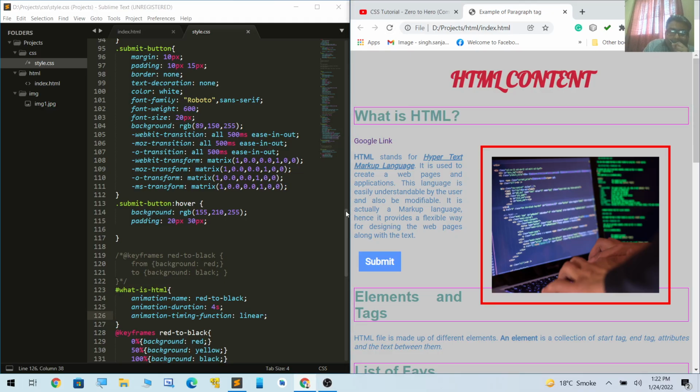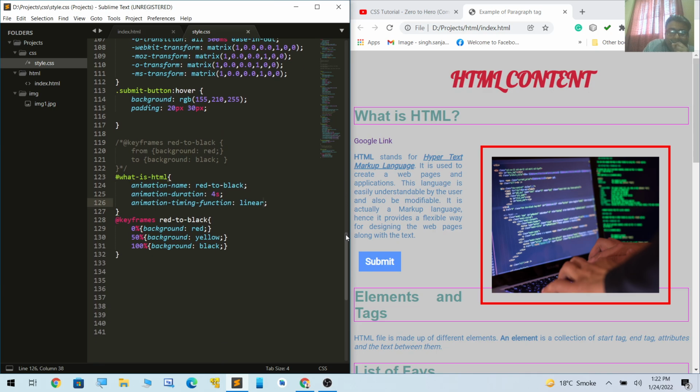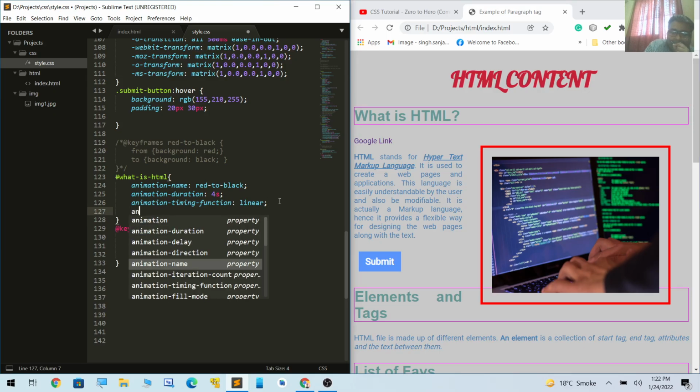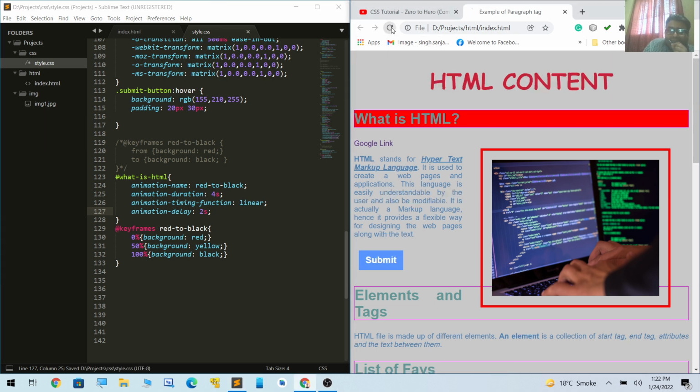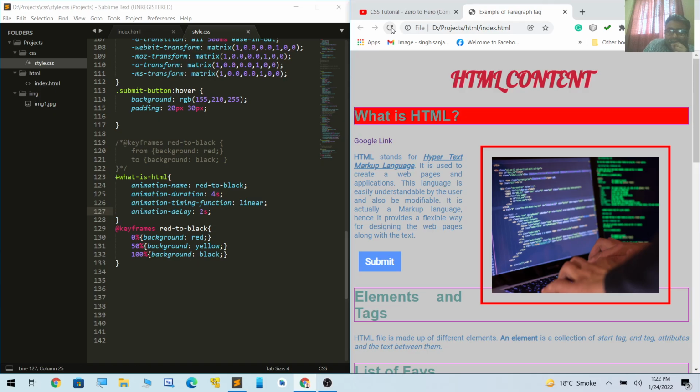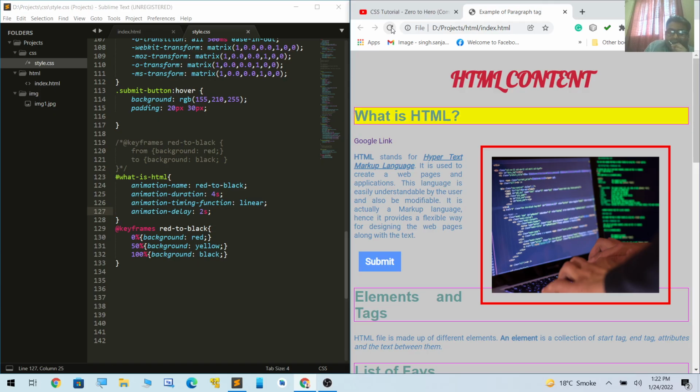But if I set the delay, the animation delay, I set the delay as 2 seconds. That means it will take 2 seconds to start the effect, right? Now this delay can be negative also. See, first of all, it initially was in red color, then it stopped for 2 seconds and then it executed,